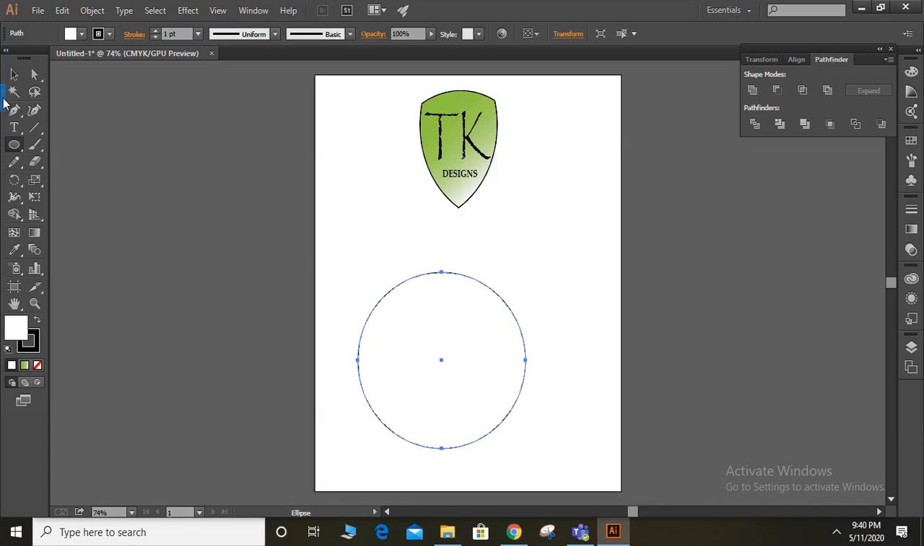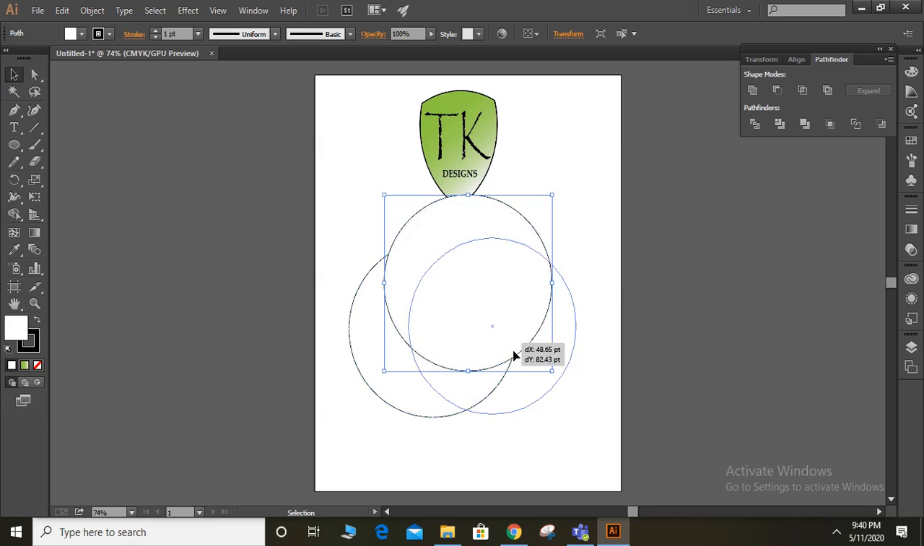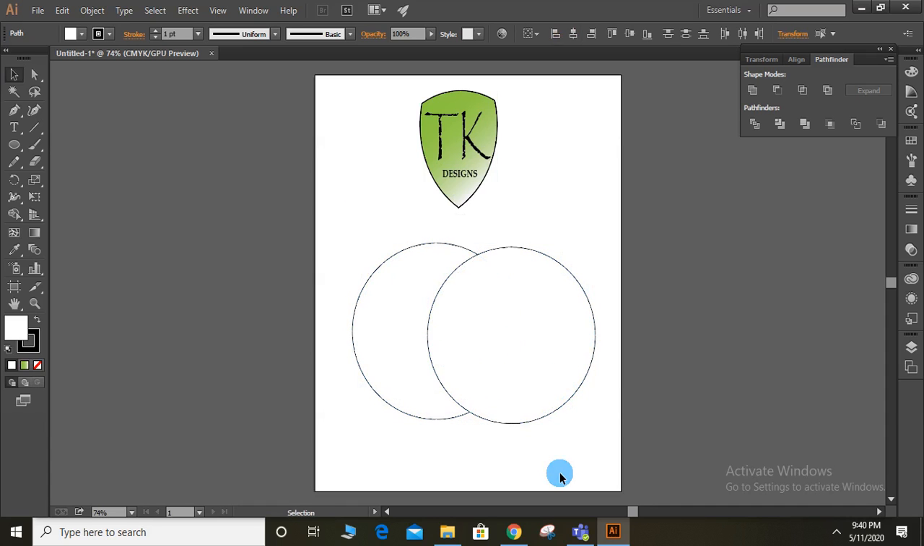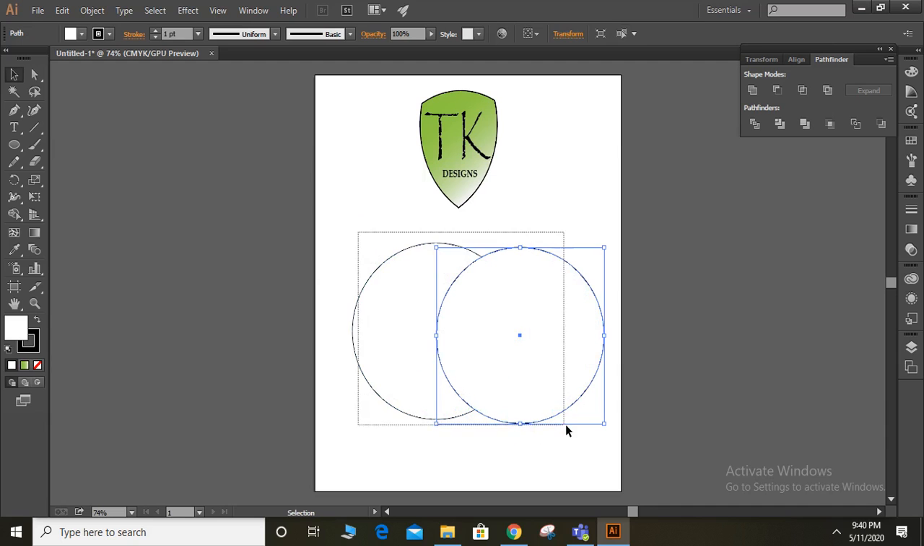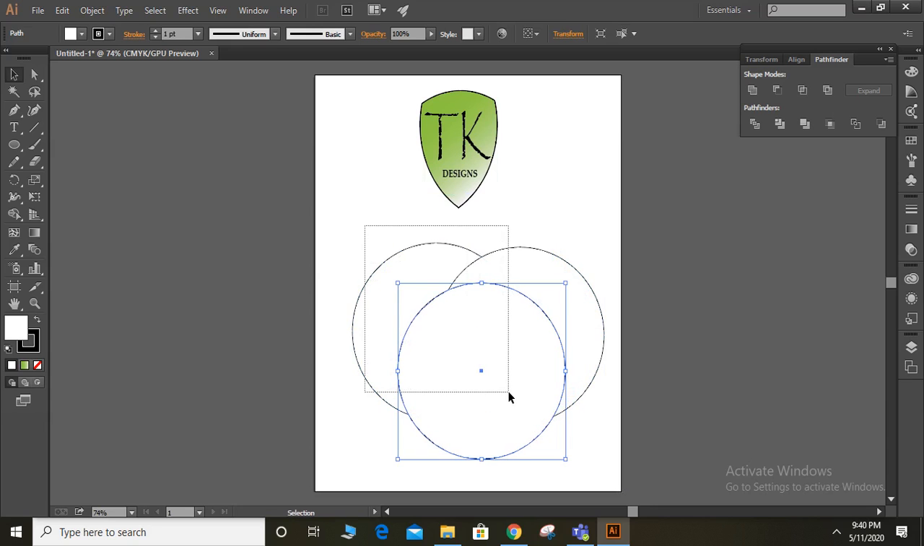So like this, and make a copy of it by simply Control C, Control V. Yeah. So right here. Okay. So now again paste another and let it be here. Alright,